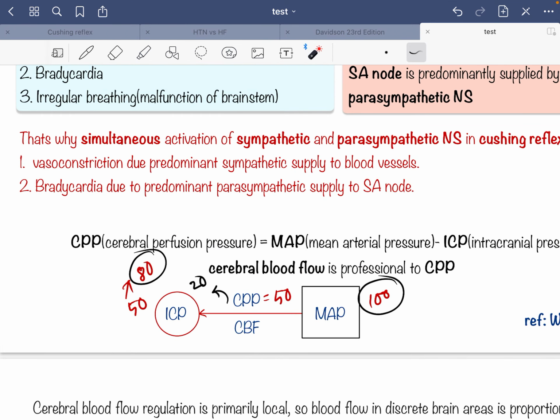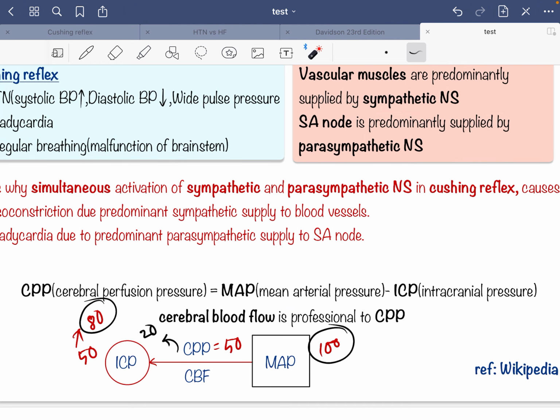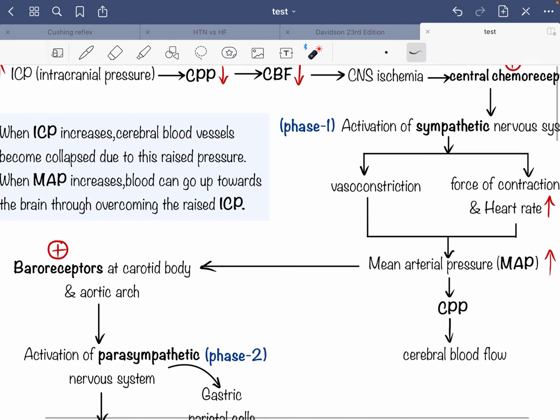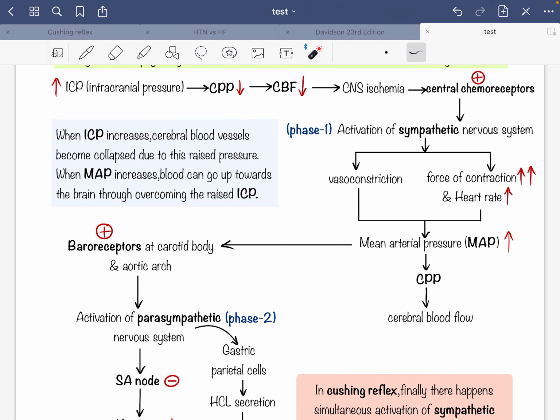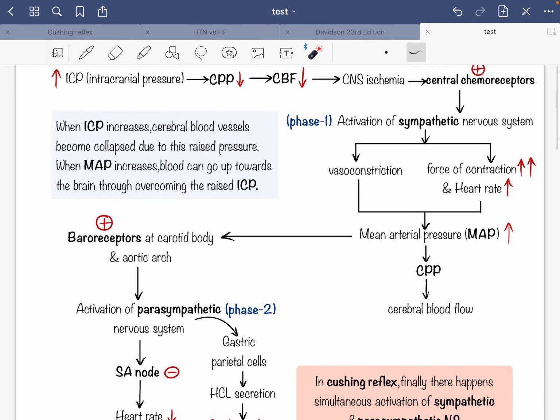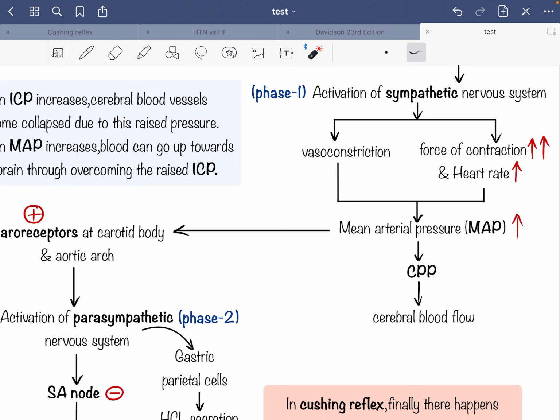Yes, I have told you just before that our body will increase the mean arterial pressure to increase the cerebral perfusion pressure, to increase the cerebral blood flow. So you have seen how it happens. Okay, now the interesting thing will happen. So our vasomotor center